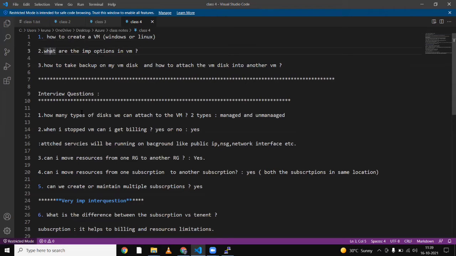You should know how you are creating it with the help of PowerShell. A few things are new here, so you have to search on your own time and interest, and be updated. But I have the knowledge. These are frequently asked questions, so I am giving you one note of this only. How to create a virtual machine, and what are the important options in a virtual machine?